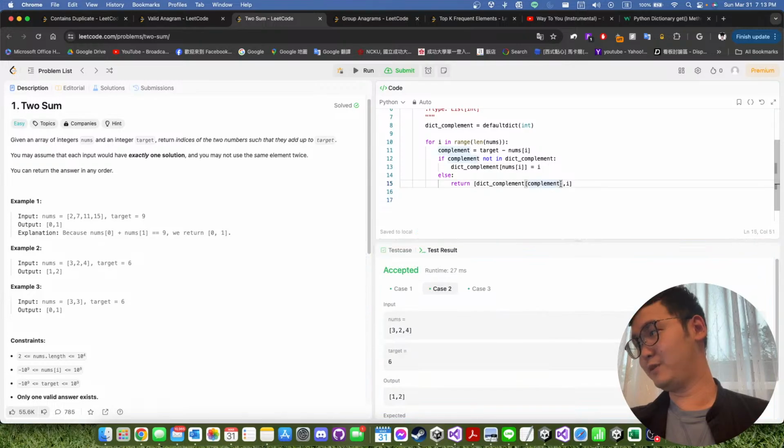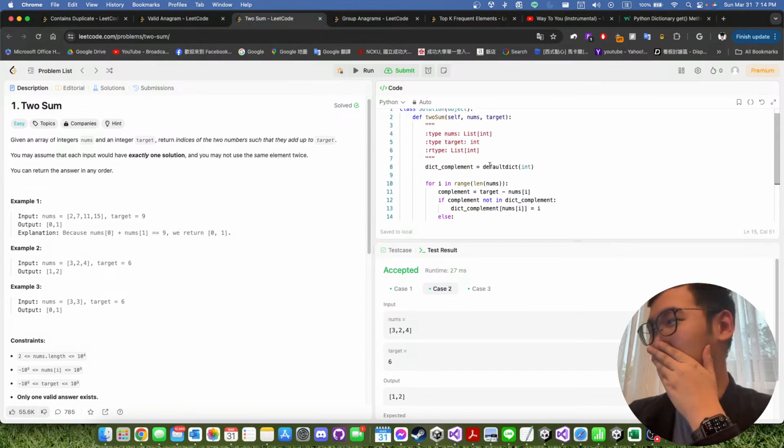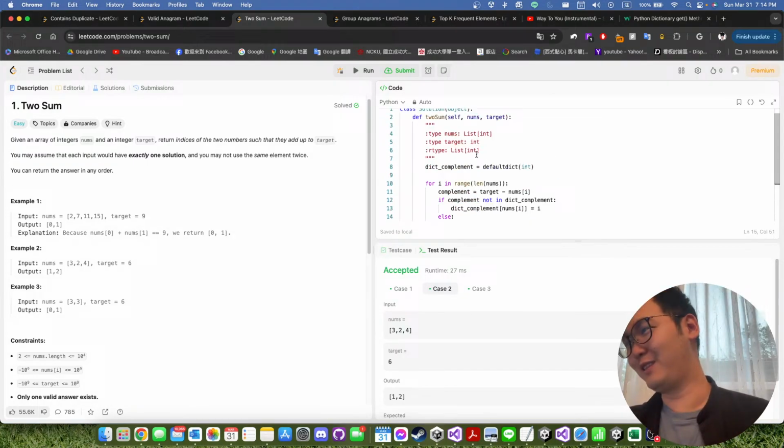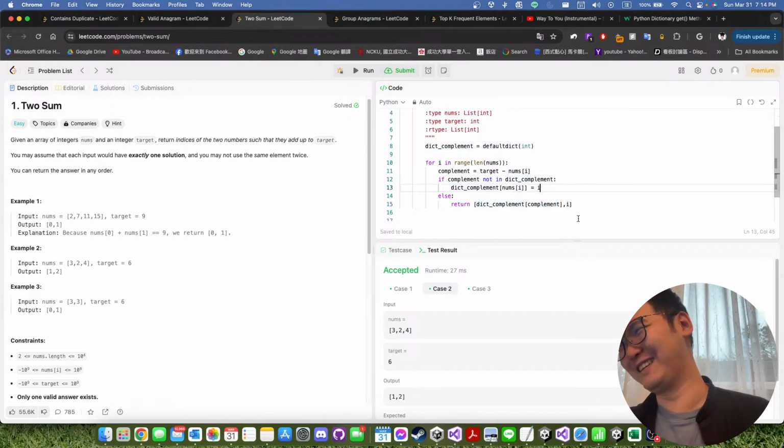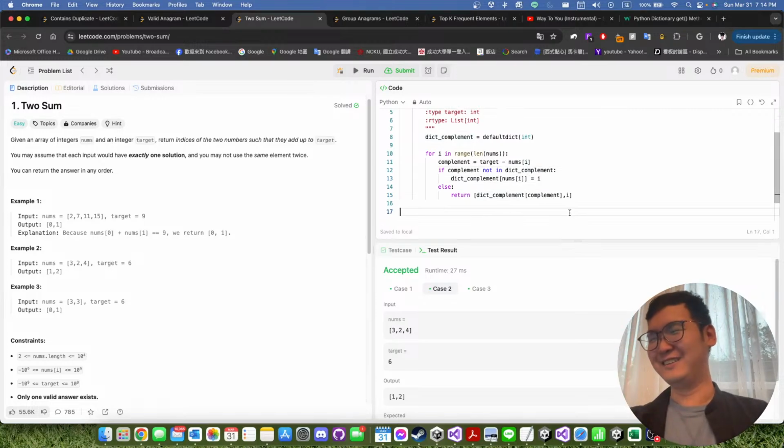Yep. So since we need to find the current index and also the complement, previously I was using the nums of i, but since we are looking for the complement index in the dictionary, here it should be complement. Okay, so apparently I cannot pass two sum in this case. Anyways,